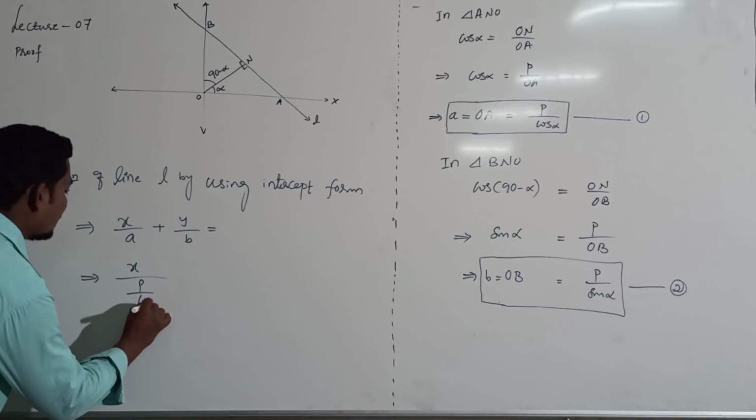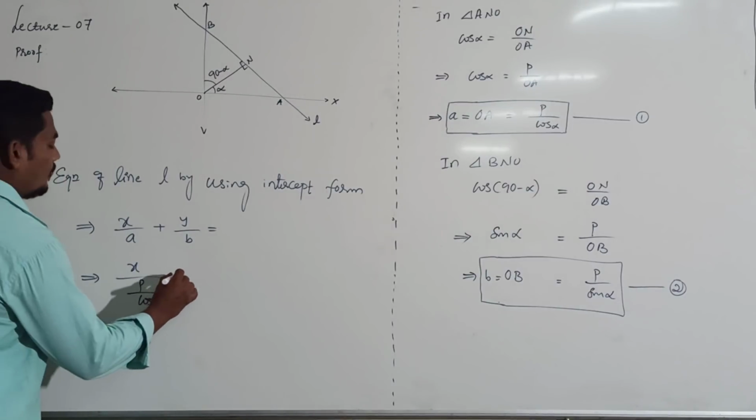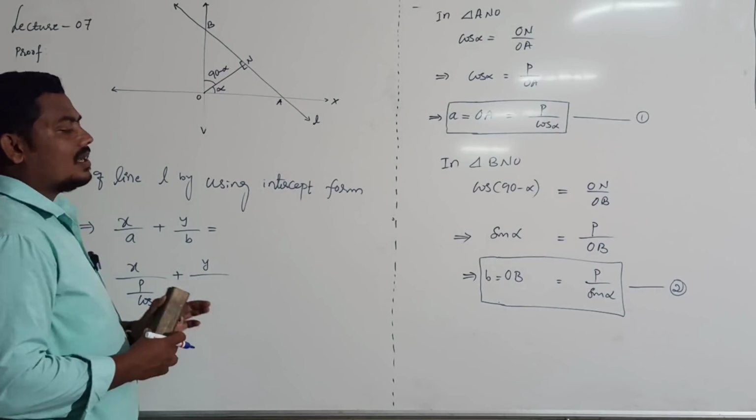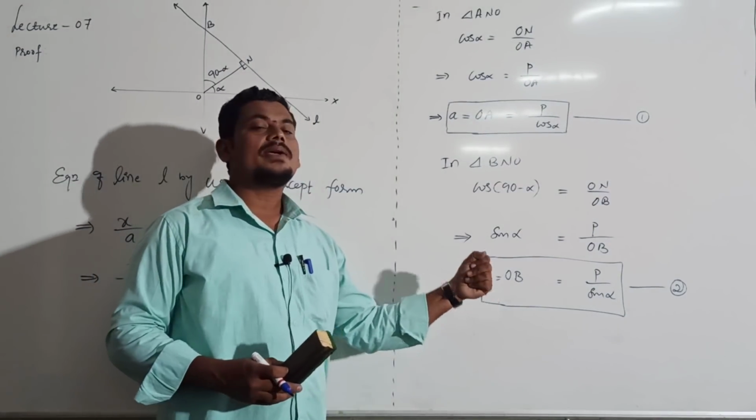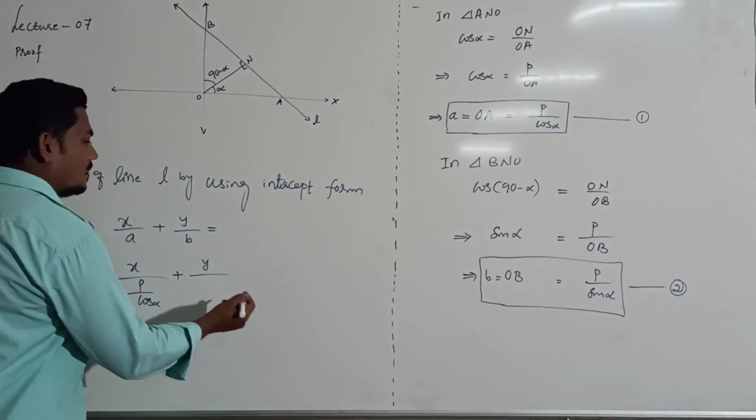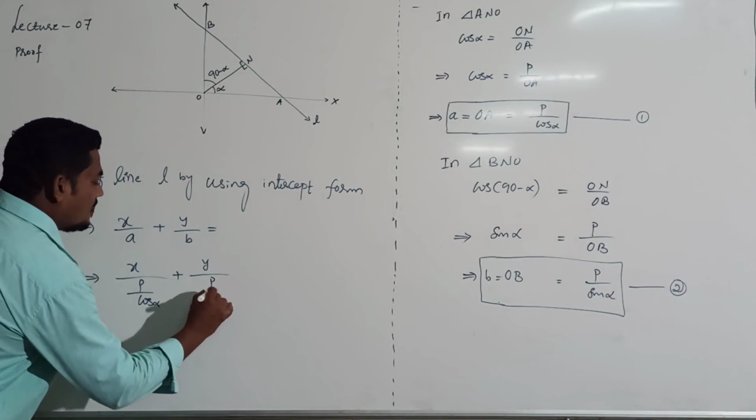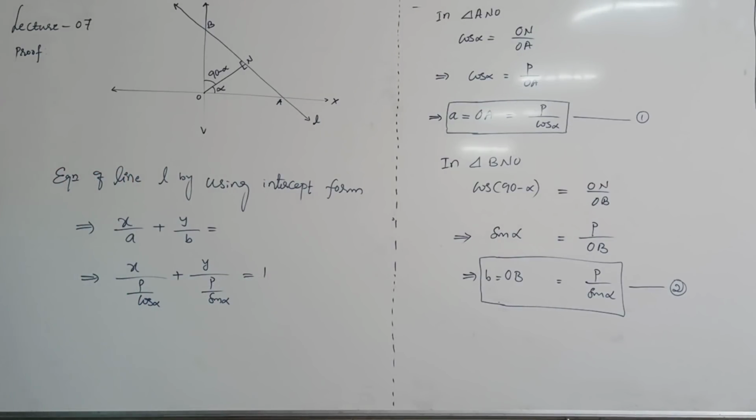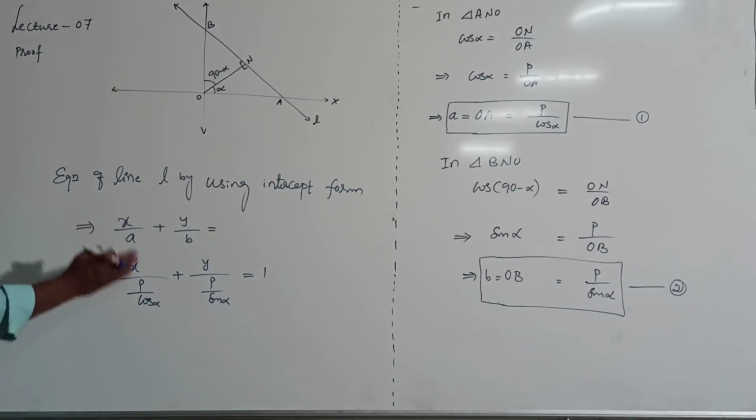P divided by cos alpha plus y divided by b value. Already we know small b. What is small b? Small b is nothing but y intercept, right? P divided by sin alpha, that's equal to 1. Now denominator of denominator becomes in the numerator, right? This cos alpha becomes in the numerator,